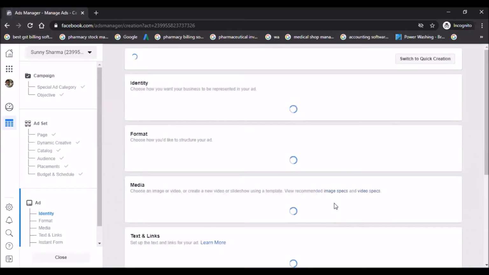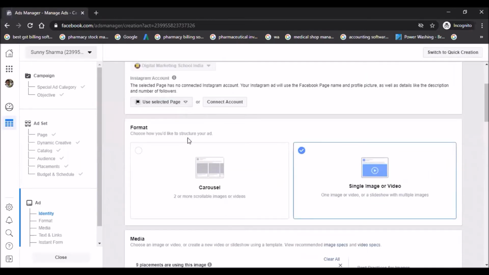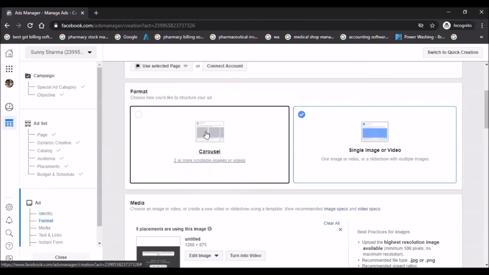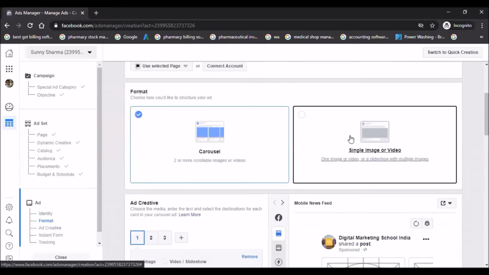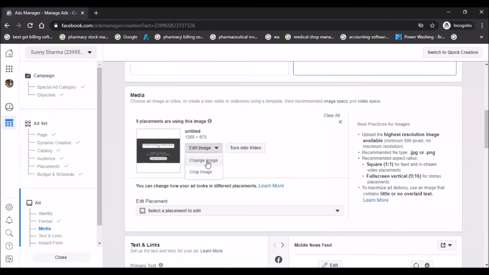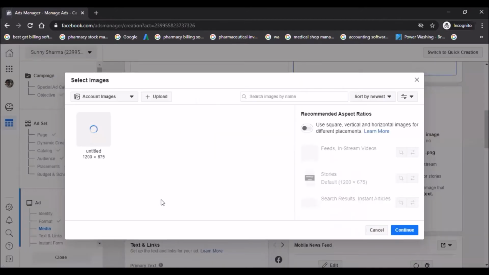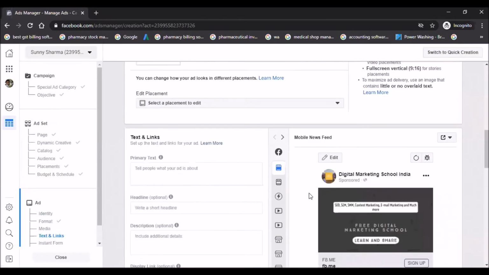Let's see what option comes out. Yeah, here it is. There are options. If you want to create an ad for multiple images, then you will have to select this option. And if you want to select any single image and video, then you can select this option. I would recommend selecting the single image ad because it is very effective for getting conversions. Rest depends upon you. You can create the ad and see the result. If you get a good result, then you can select any one, right?